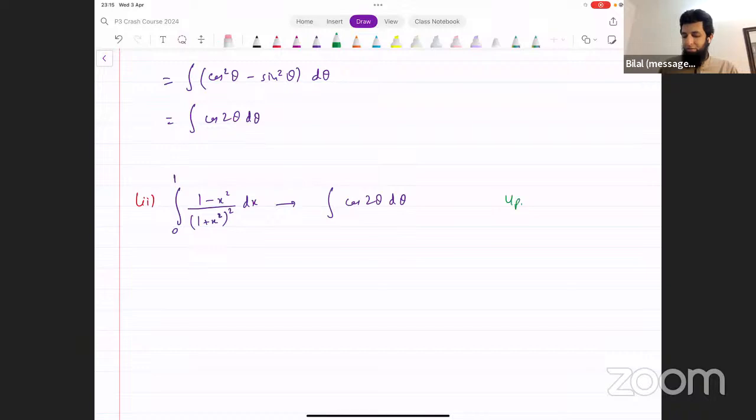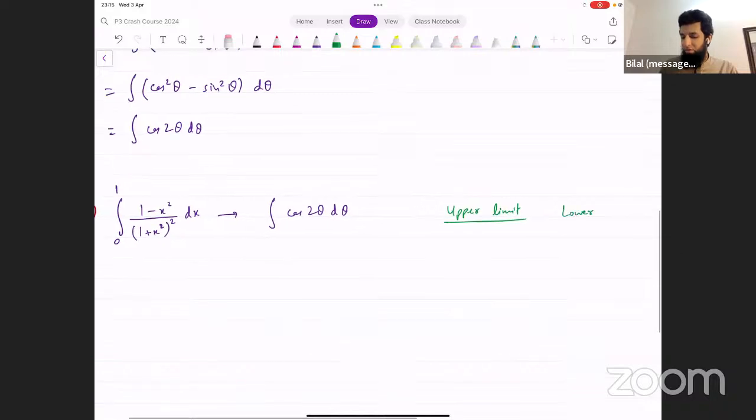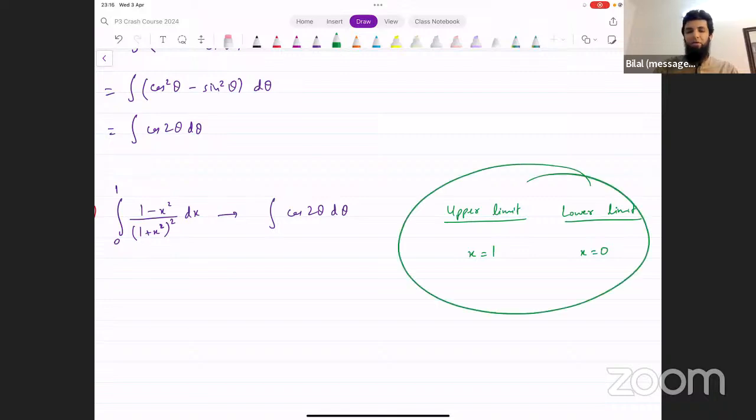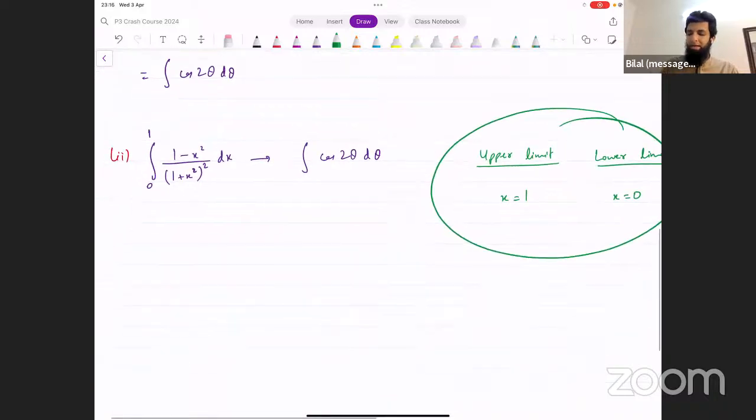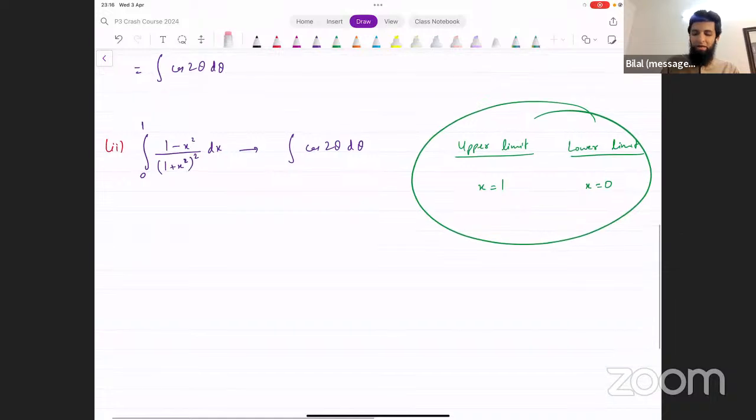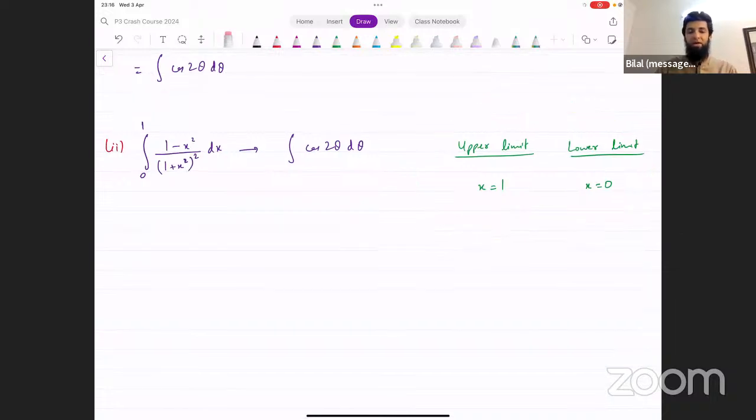In this case, how would you change the limits? You would write down the upper limit and the lower limit on the side like this. For x, the upper limit is 1, the lower limit is 0. It's necessary to write it separately like this, and you will understand in the next 10-15 minutes why it's important to write them very clearly. What is the upper limit, what's the lower limit? Because sometimes limits